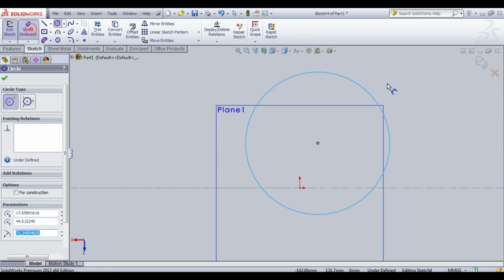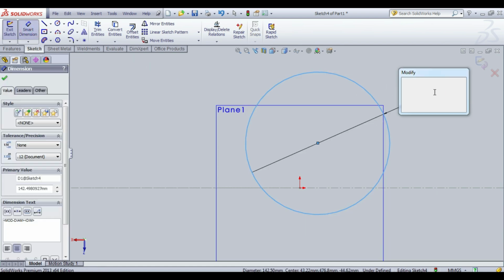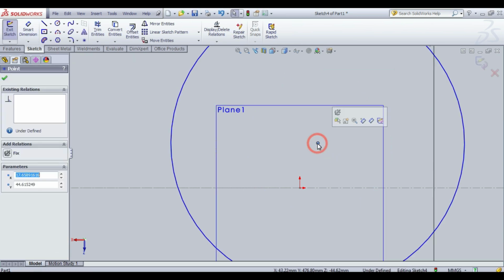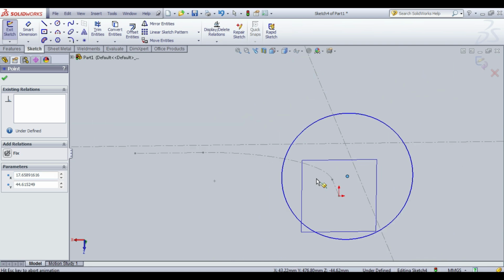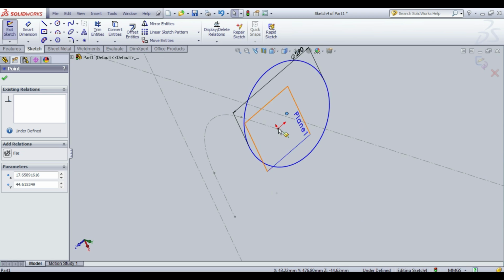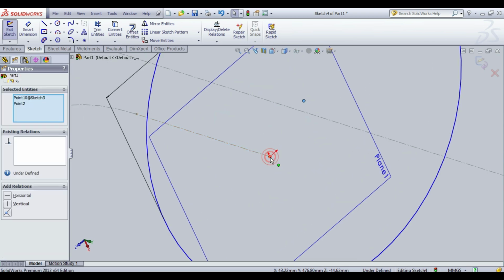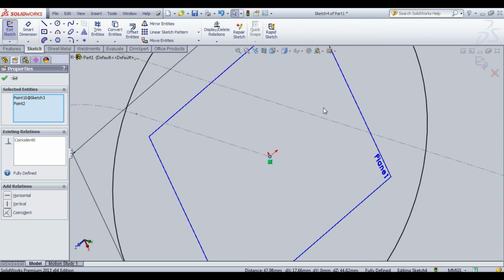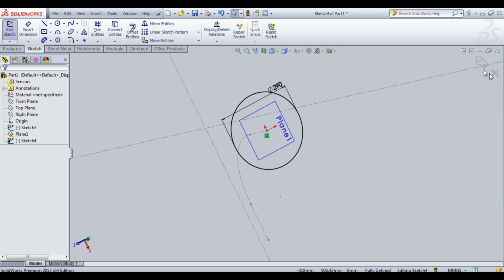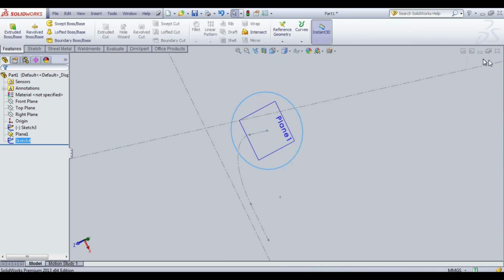Dia 290. You click this point, click this point and click this point. Click as coincident. Okay. After that, exit sketch.